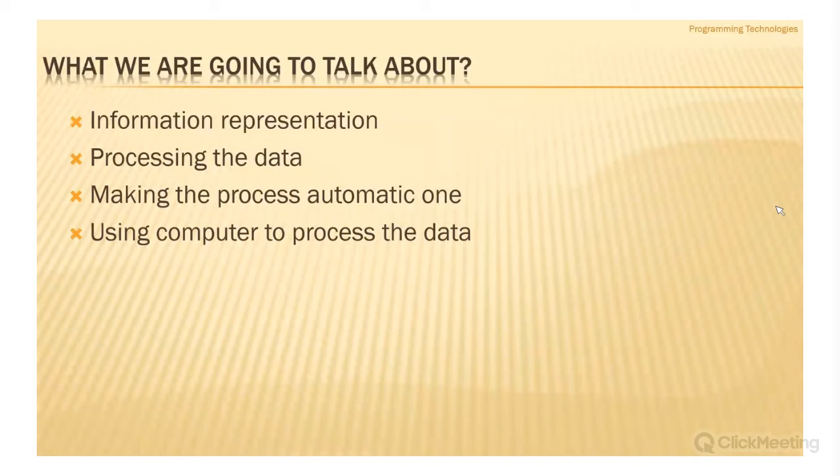Next, what we must do to make the process automatic? What we need? Of course, we need a computer to process the data. What else? What is needed? Algorithm. Yes, at the very beginning we need an algorithm. But to instruct the computer to do what we need, because the algorithm is an abstraction, and abstraction is something like a ghost. It's very difficult to hit a ghost using a hammer. It's impossible. Therefore, we must